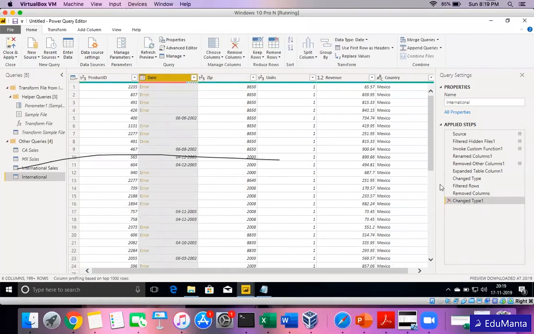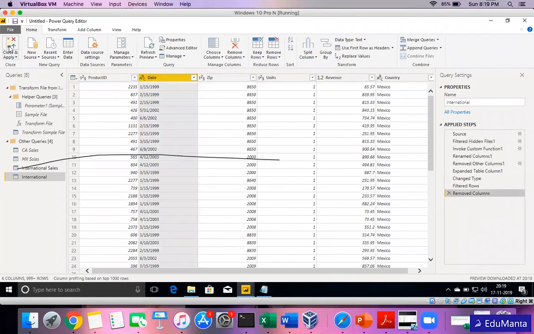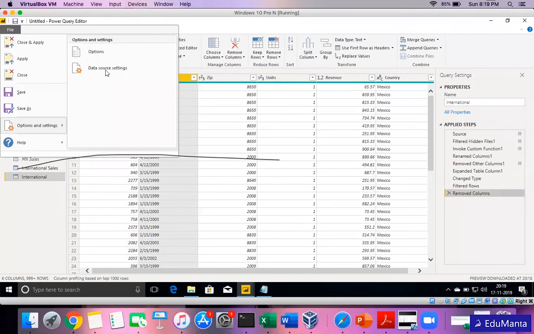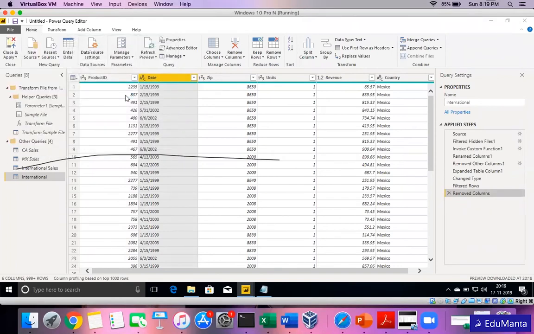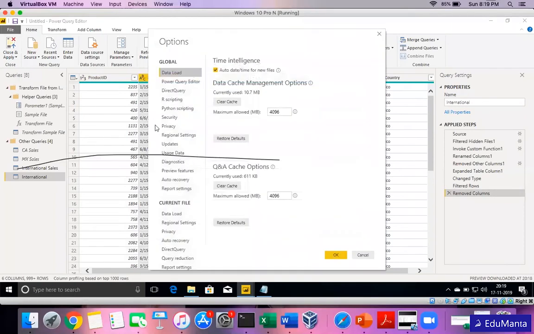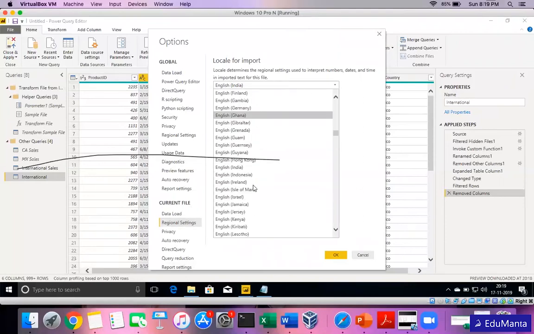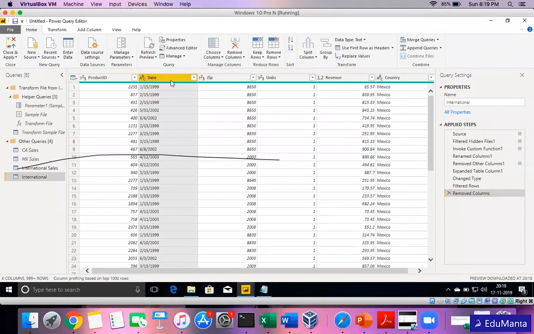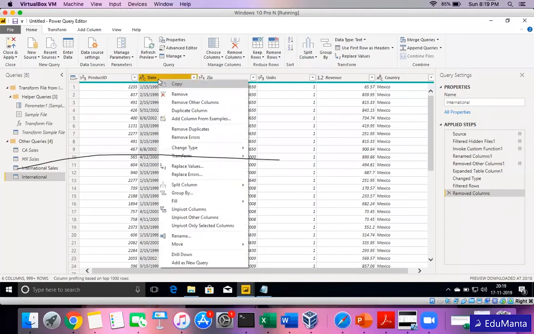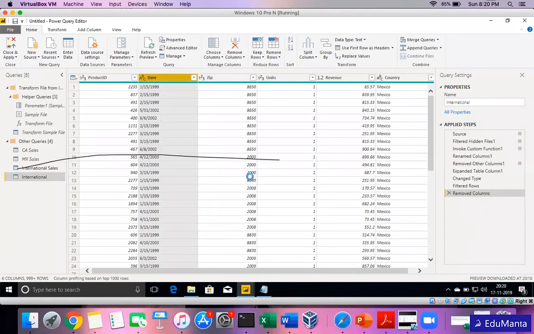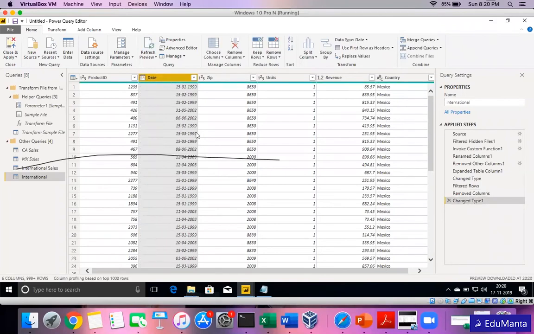There's an error because, okay, because of the regional settings, I guess this file is for international sales and my system has the setting as India. So one second, English India. Yeah, so it's not detecting the MM/DD/YY format. Let me just change it quickly to English USA. It will detect that format also. United States. Okay. Now if I select this column and change type to date, because this is a date field, now it's converted to date.